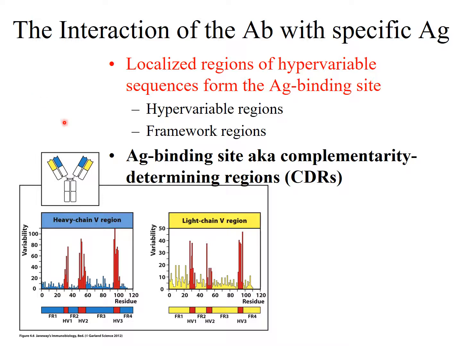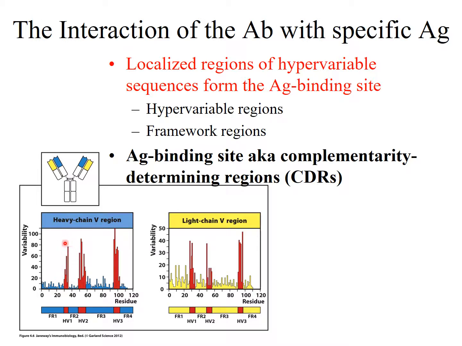variable region. If you remember, the variable region is up here, blue, yellow, as they're showing here, heavy chain, light chain. The white non-colored regions are going to be the constant, constant heavy, constant light. Within the variable regions, they are called variable because that's exactly what they are. They are variable from B cell to B cell, depending upon which antigens they have been elicited towards. But even within these variable regions, between B cell clones, there's going to be areas of what they would call